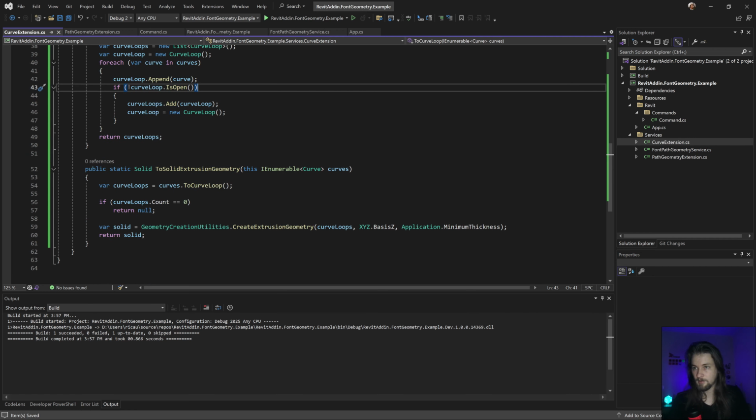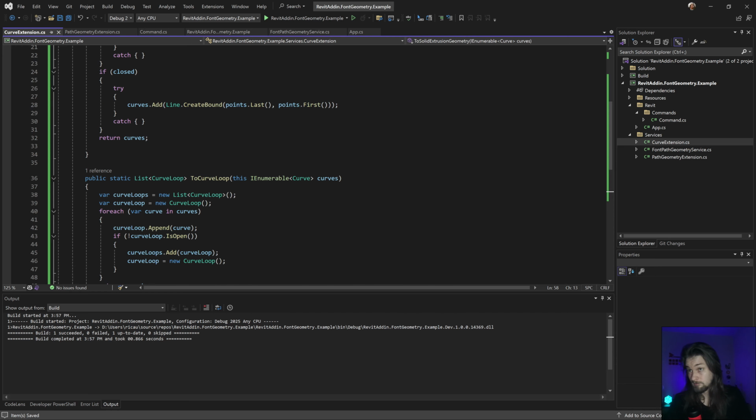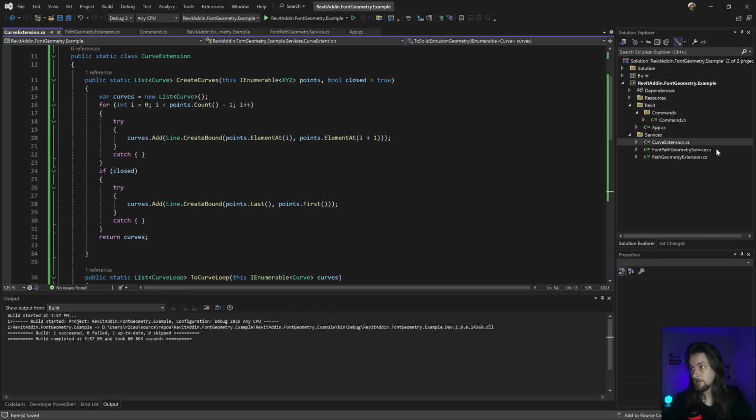Not gonna be perfect, but yeah. And in the end, I'm gonna try to create an extrusion to create a solid with the height pretty small, just for fun. Yeah, that's basically it. Yeah, let's take a look if that works or not.